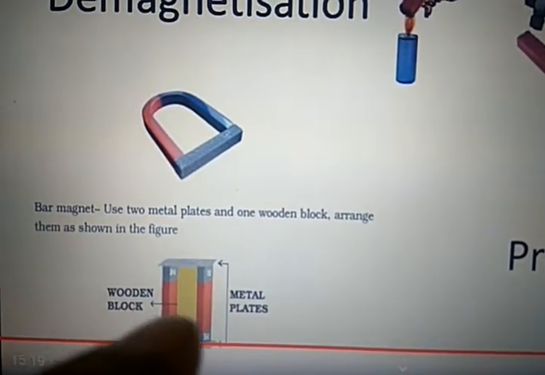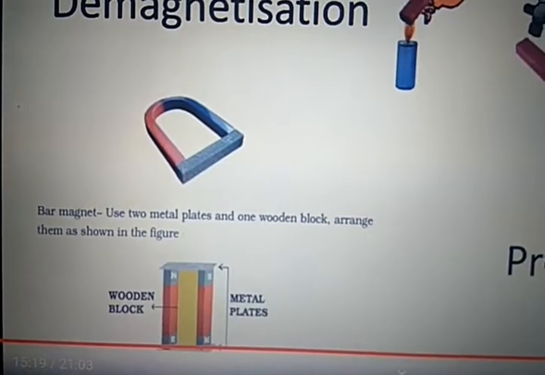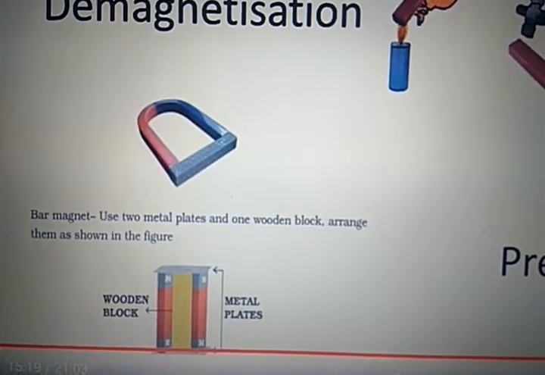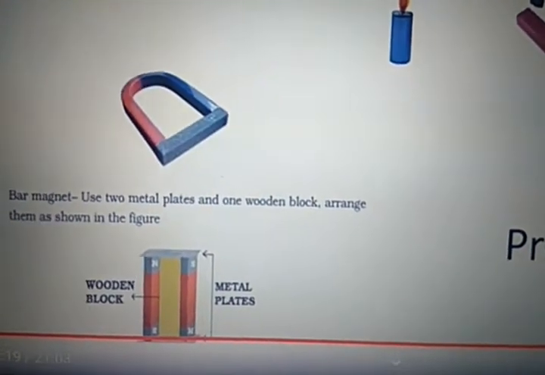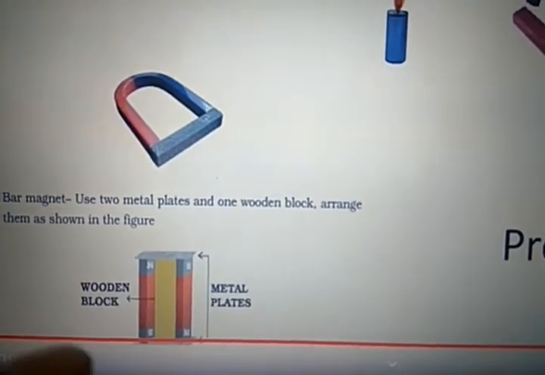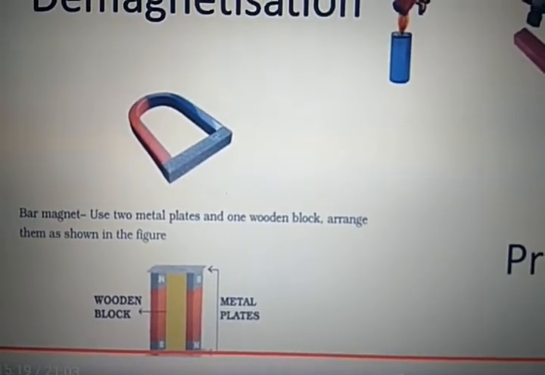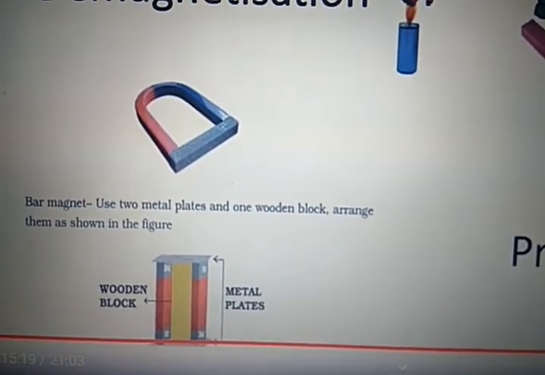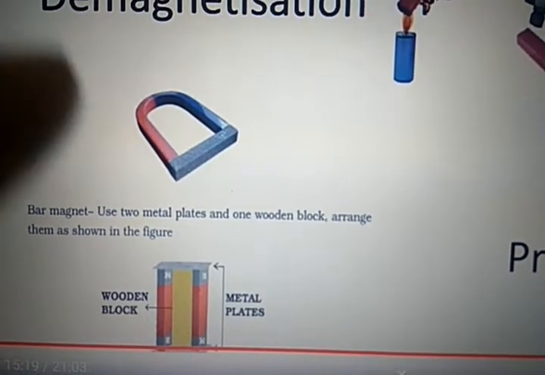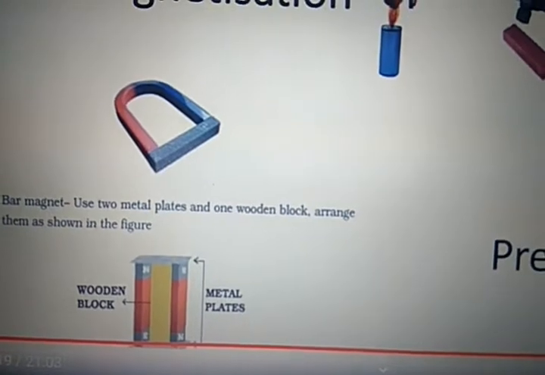Otherwise, if you keep north south and here is also north south, your magnetism will be destroyed. Okay, so you have to keep the magnet this way. This is the correct way to keep a magnet for preservation for a long time. North south and the other magnet should be south north, like this you can keep it for a long time.